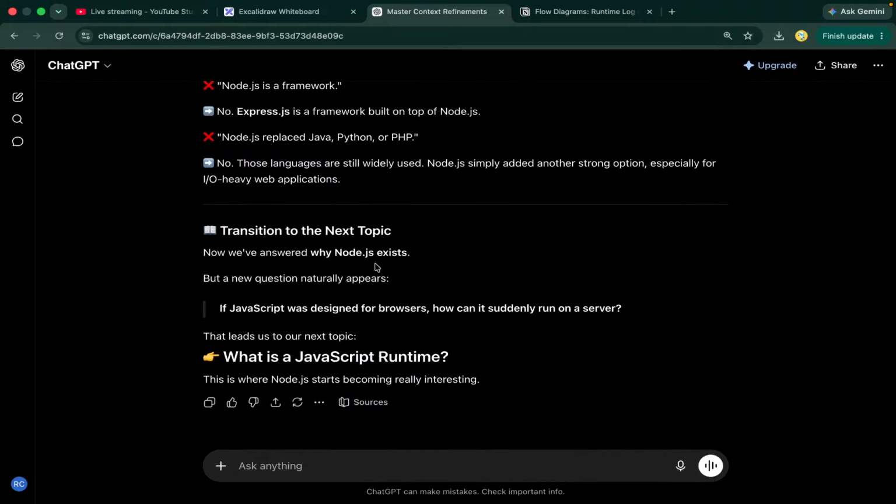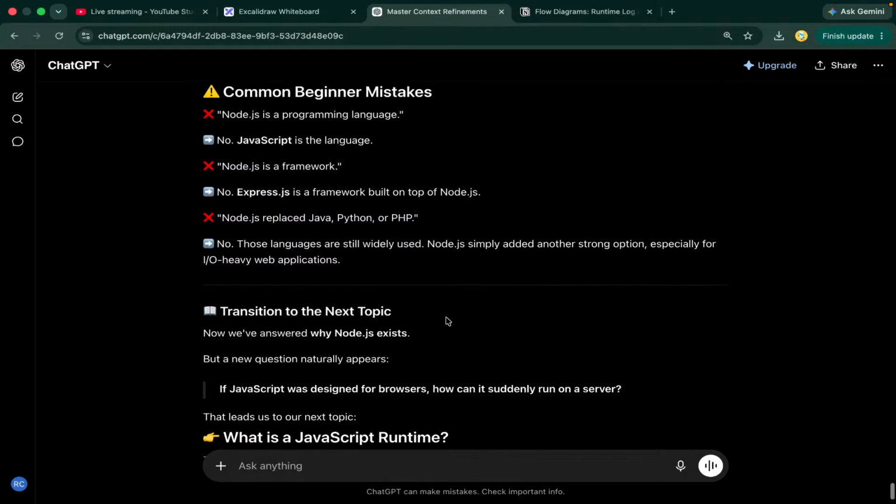Okay, now we have answered why Node.js exists, but a new question naturally appears. If JavaScript was designed for browsers, how can it suddenly run on a server? Yeah, before that,